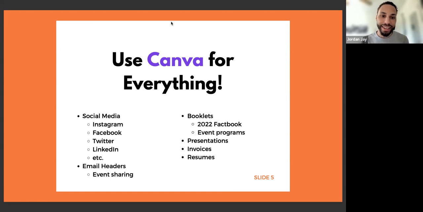Let's see here. I also did want to mention that you can print nearly everything. Canva has that service, like I mentioned, but you can also print in a format that is called PDF print. You can download that and then go to a local print shop and just use that file to print anything that you create. It also has that capability. There are also templates for physical flyers.